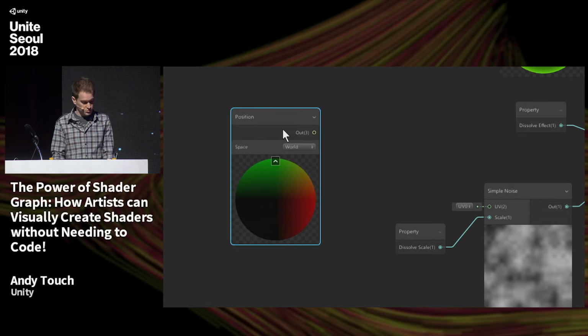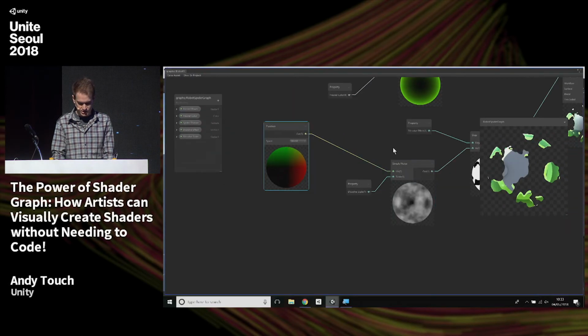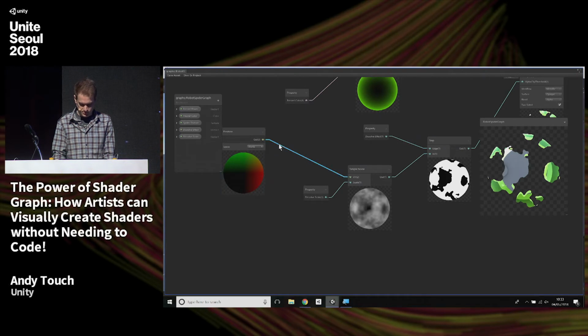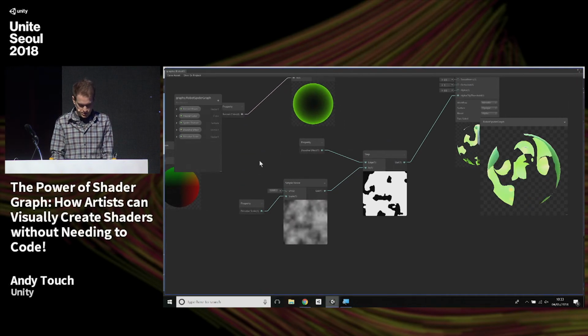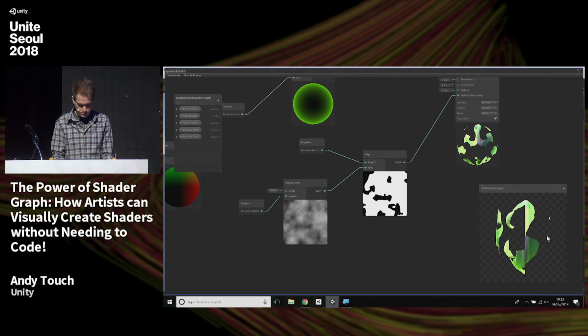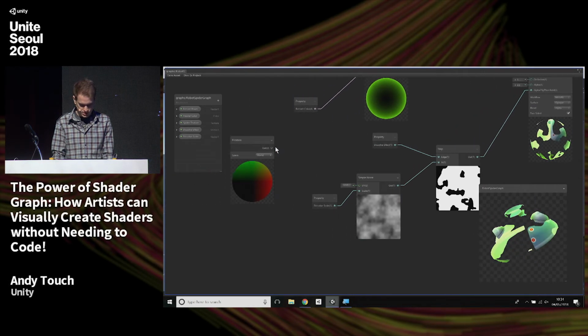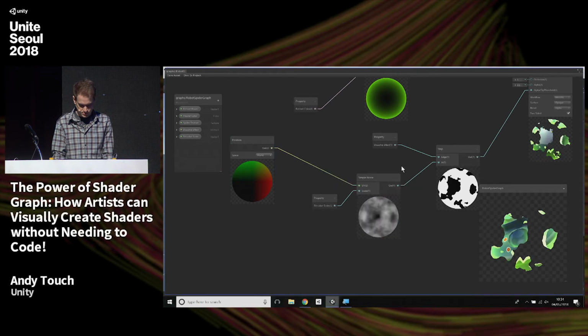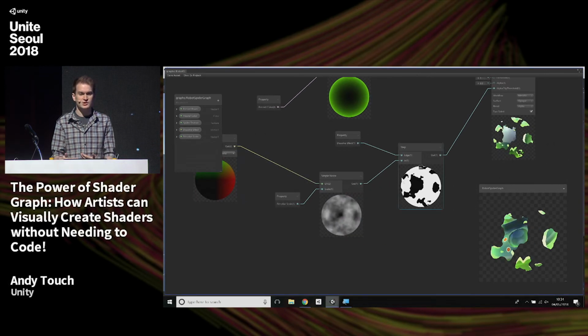I can just create this node, output this into the simple noise, and you'll notice that everything, let me do that again. So everything is using UV channel 0. And as soon as I connect this, everything instantly changes to see what the result is, straight away. And now if I save this asset,